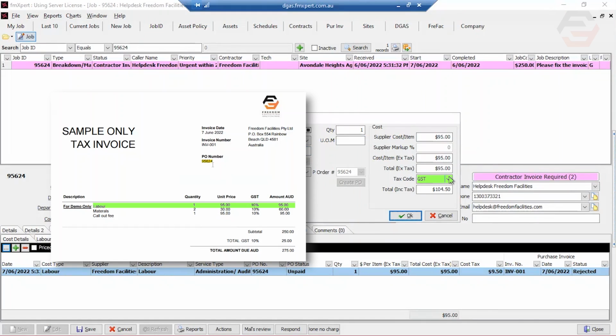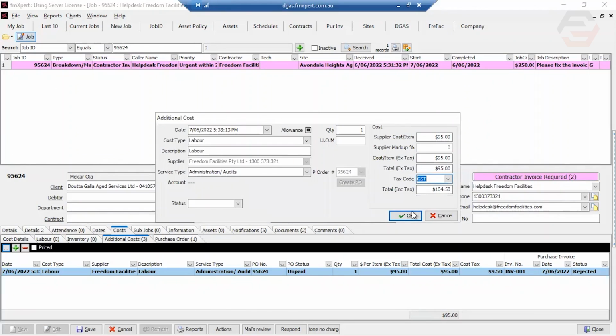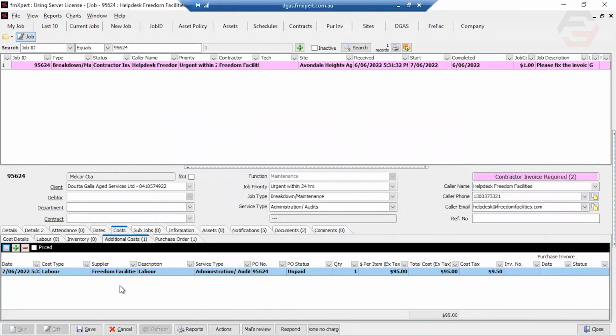In the tax code, we will click the drop-down button to choose whether the cost is with GST or GST-free. Shown in our given invoice, it shows GST. So, we will choose GST. Make sure all the details are correct. Then, click OK. However, if we want to add a label to our description cost, just click the plus icon,